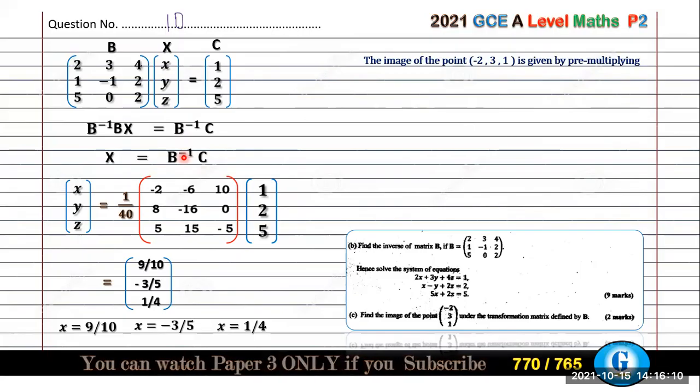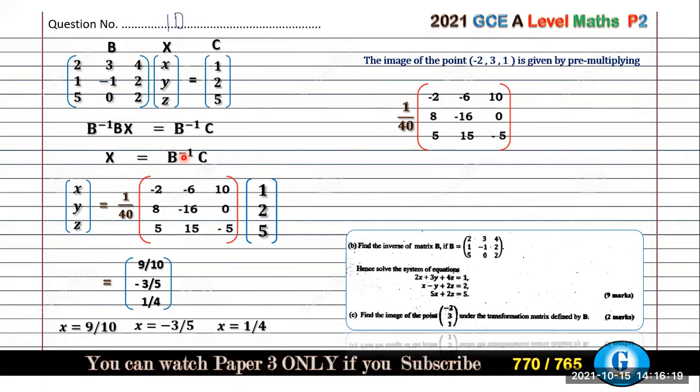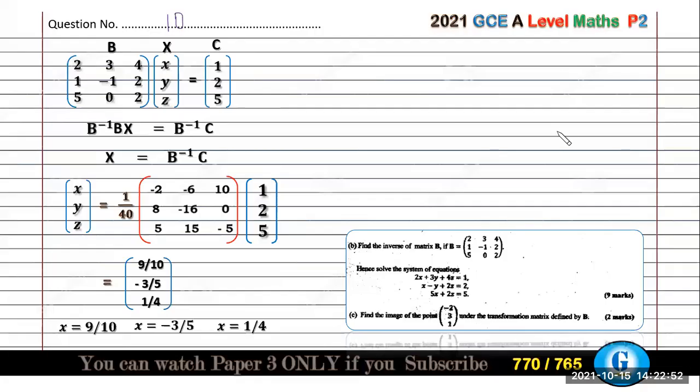All right, I'm sorry, by pre-multiplying this point by the matrix B. So to find the image of this point, the image of this point can be given by pre-multiplying this point by the matrix B. So this will give us